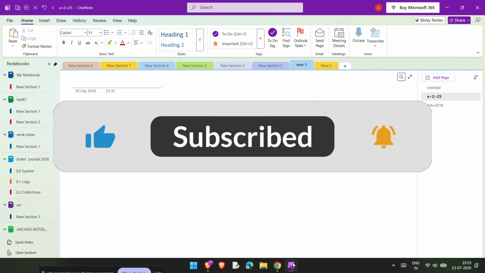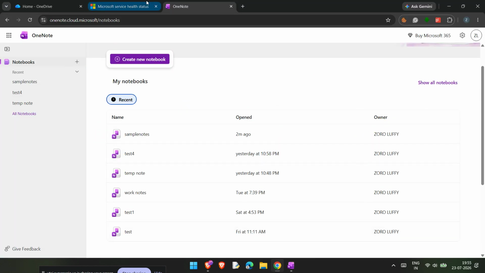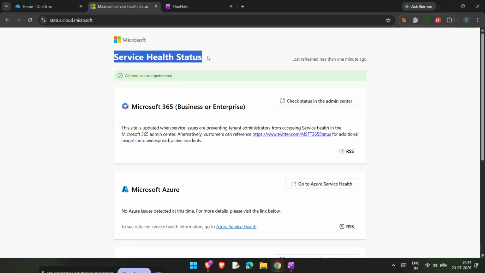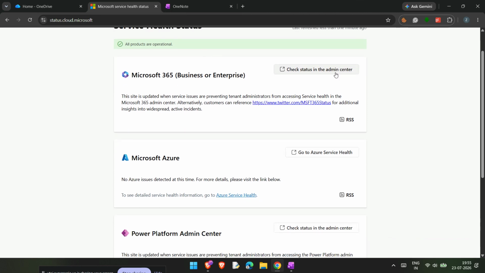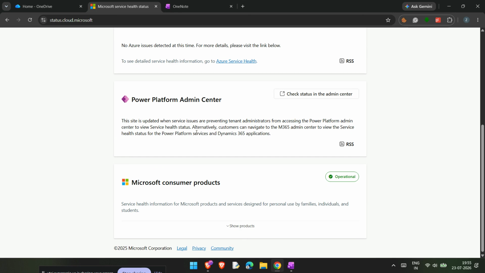Before you change anything on your device, open a web browser and check the Microsoft 365 Service Status page. You can also look at the OneDrive status dashboard. This step matters because OneNote depends on Microsoft's cloud services to sync your notebooks. If Microsoft is experiencing an outage, maintenance, or a server-side issue, then the error may not be caused by your